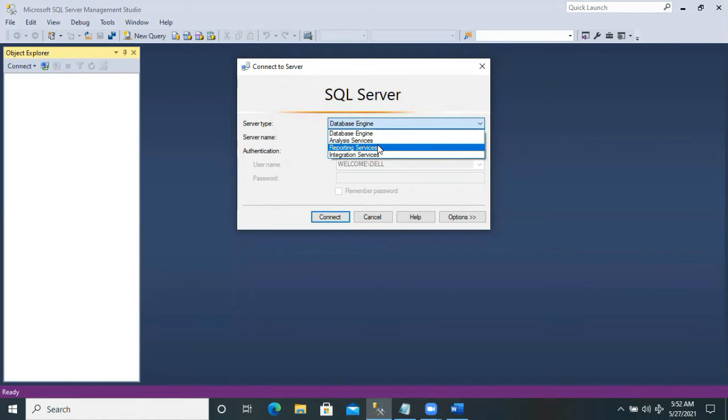What information we have in the database, that information I'm representing in the graphical user interface. Integration services, importing and exporting the data from other sources. Like in Excel, I do have some information, not only Excel, also text files, CSV files, anything. So here I'm moving the data from Excel to SQL, SQL to Excel. So importing and exporting, or in simple words, transforming the data from other sources. The default server type is the database engine, and the default authentication is the Windows authentication.